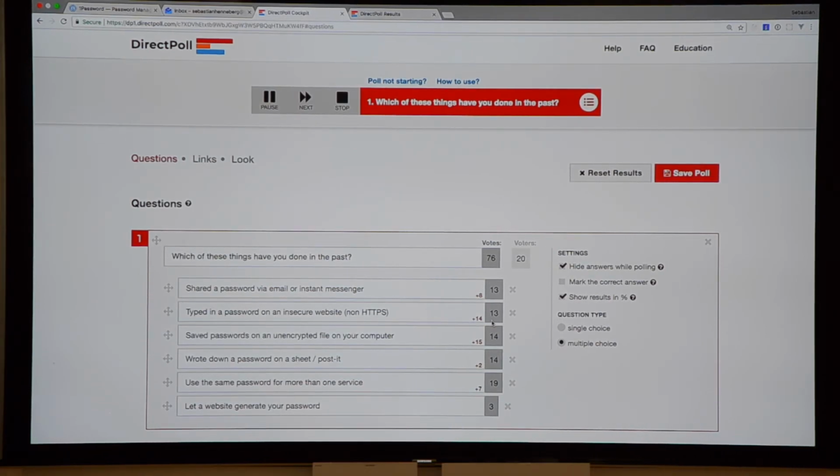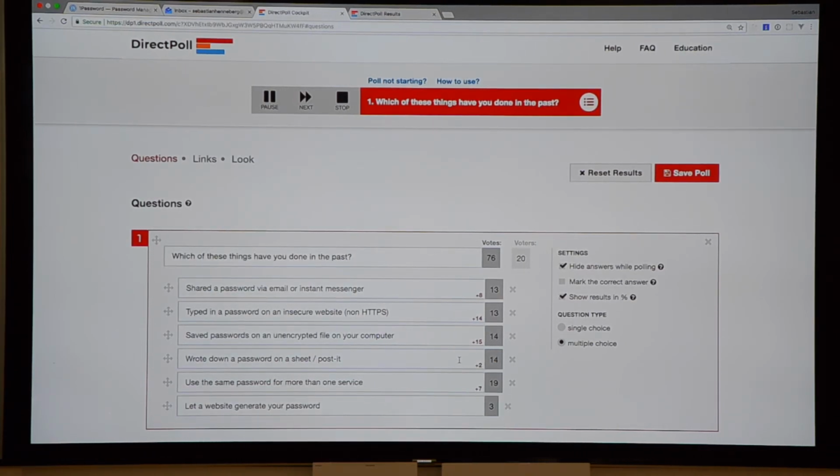The second one is a little bit more difficult because if you're not familiar with it, you probably didn't recognize it, especially if it's much in the past. Recently, web browsers will tell you if you put in credentials and submit them when you're not on an HTTPS secured site. But 13 is also a lot. Then we have saving passwords in an unencrypted file on your computer. Yeah, I also think probably everybody has done it. And obviously the classic, putting your password on a post-it, pinning it to your computer or your screen, and everybody can just copy it and